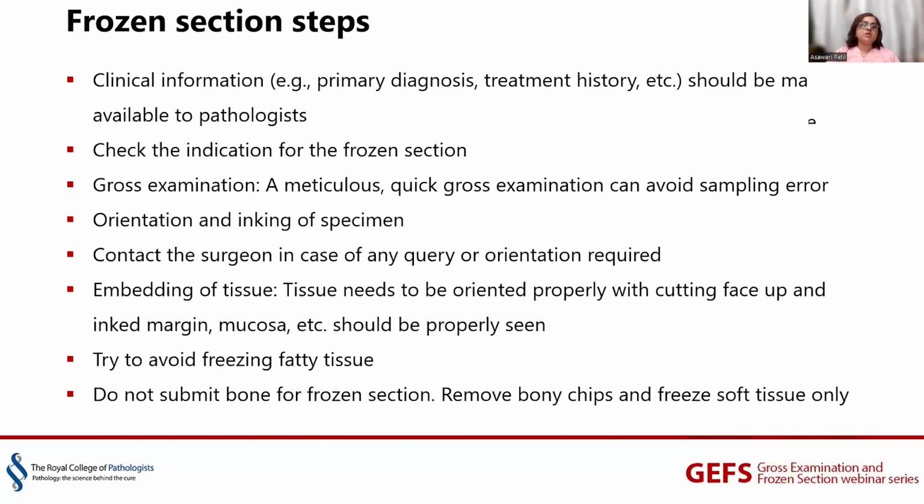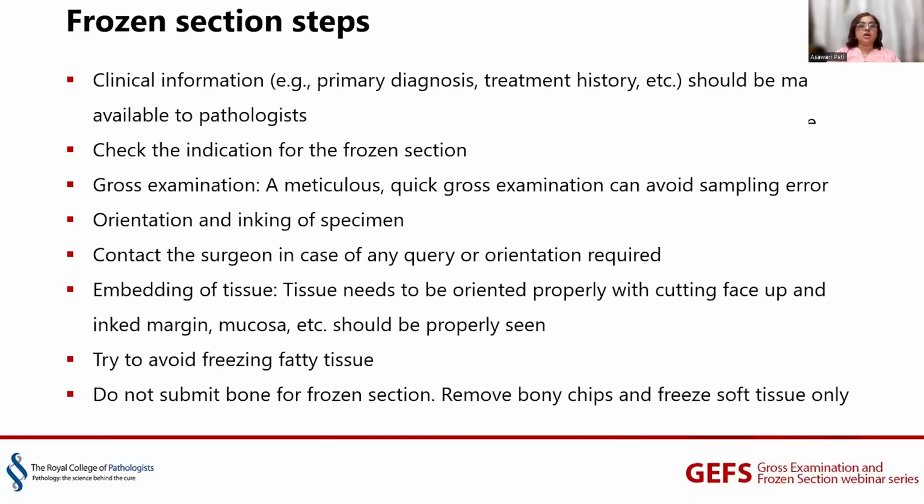For primary tumor, orientation and inking is the same as what we have seen earlier. If there is any query, get it solved immediately. Cut the margin, take the margin or tumor tissue, whatever is required. Embedding of tissue is important because whenever you are placing it on the chuck for cryostat, the topmost portion is the one which is going to be cut first. So the portion that we want to see under the microscope should be facing up,